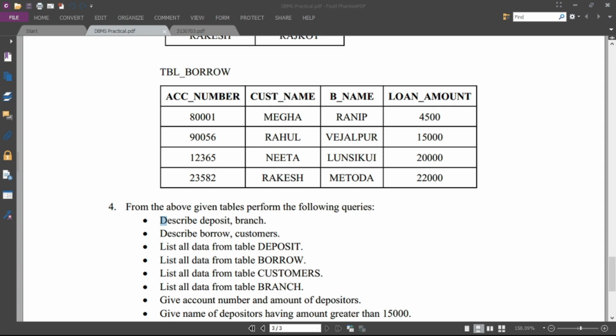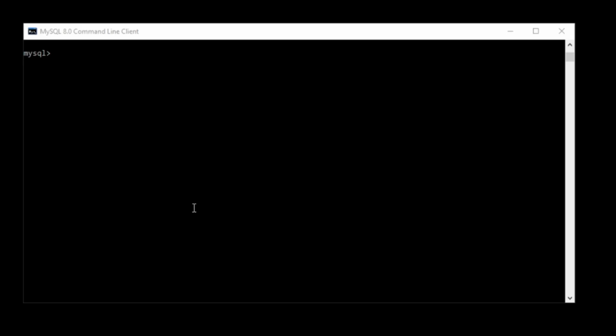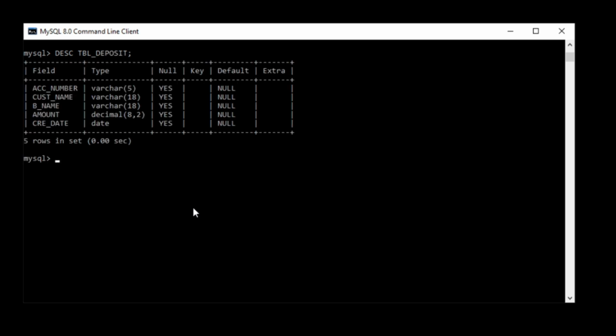Now let's check in MySQL. The syntax for the description is desc, then the table name, table deposit. Okay, so this is the description of the table deposit. The next is the table branch, desc table branch.